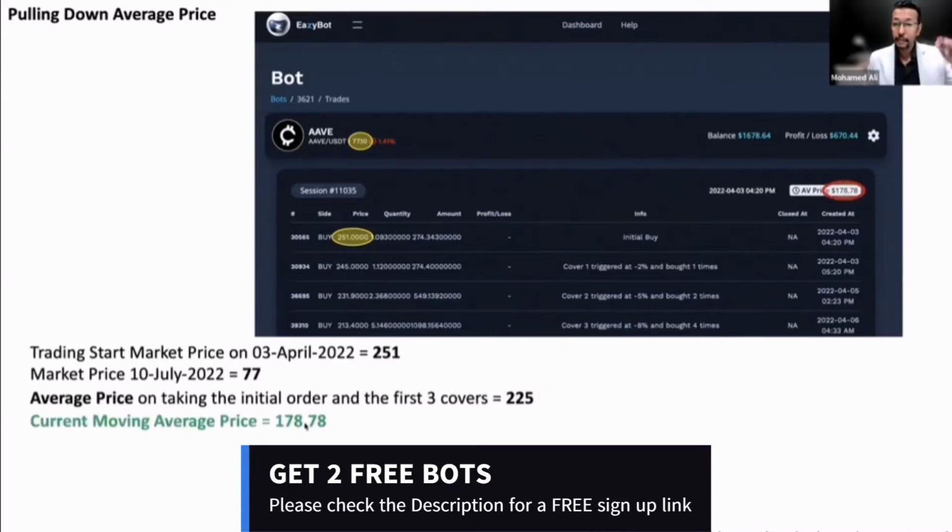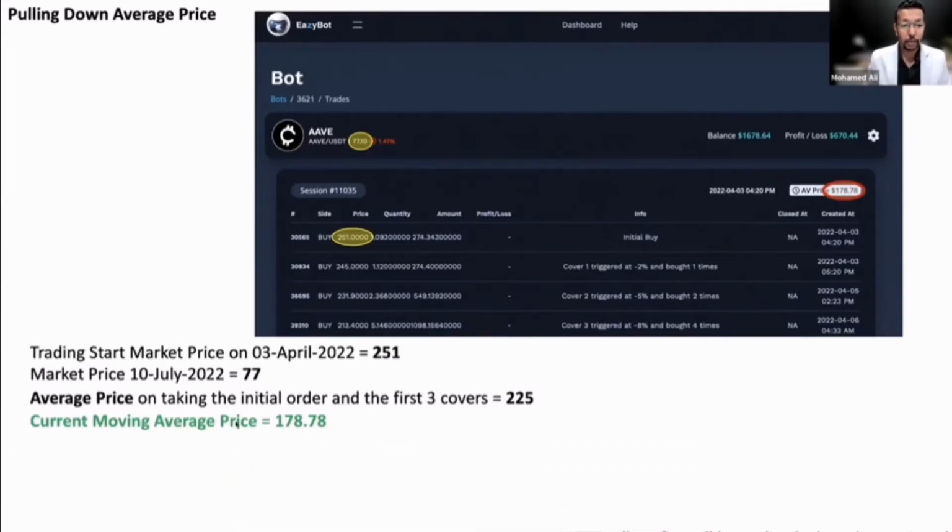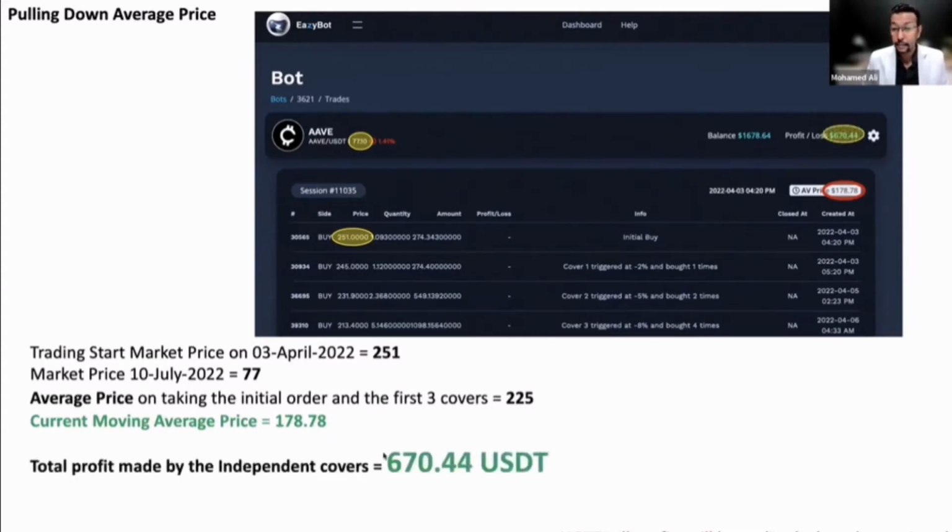The average price has really moved down and reached 178.78. If you look at it today, it's lower than this, but I'm looking at yesterday because this screenshot was taken yesterday on 10th of July. So the price was 178.78. And right now, while the market is down and this trade is not closed yet, it has made a profit of already 670.44 USDT. An important note, as you can see down, you can realize the whole profit once the whole cycle is closed,